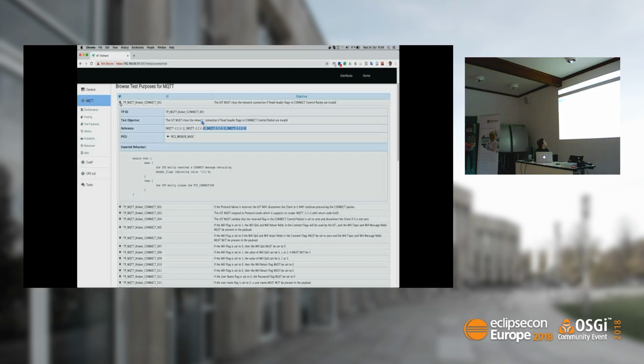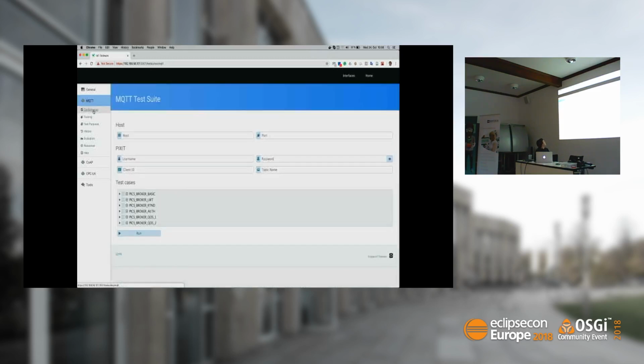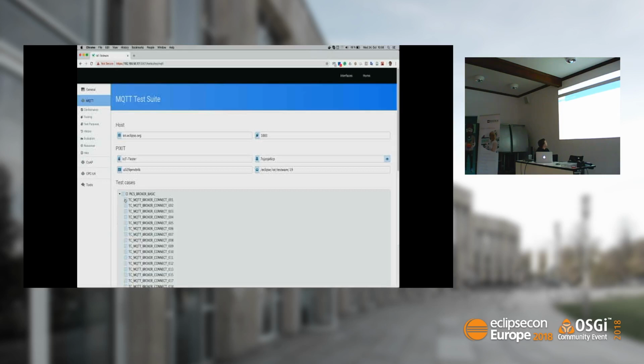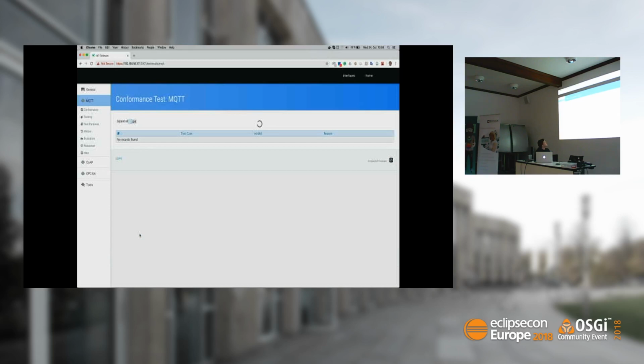And if we want to see that live, we could just take some random values and simply take this test case. So it was the connect one, the first test we had, and you can just simply run it.